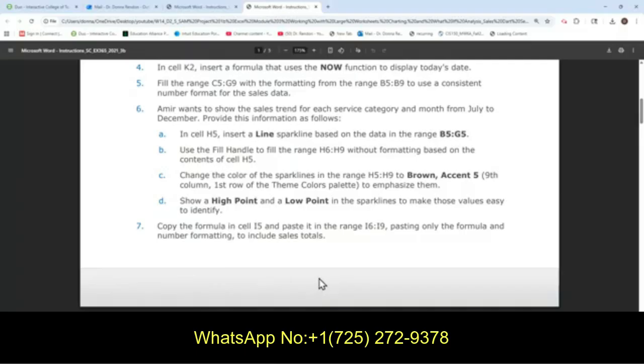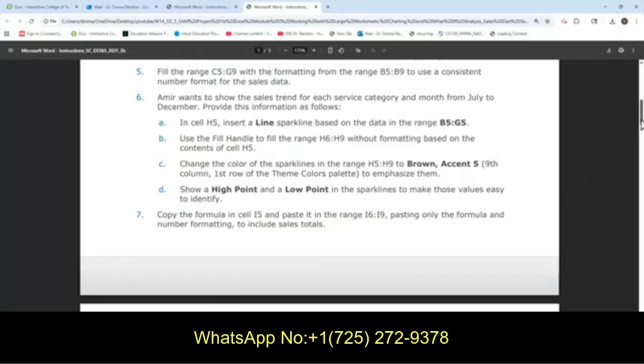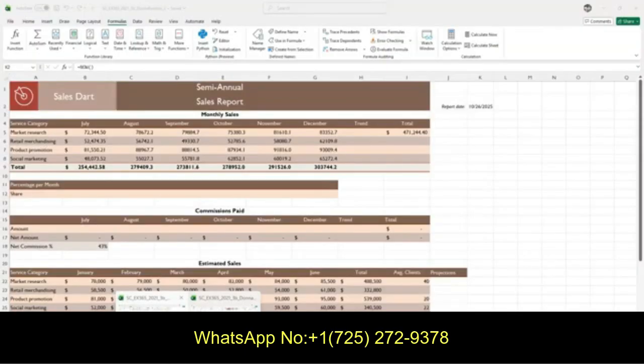Back to the instruction. Now moving down to step 5: fill the range C5 to G9 with the formatting from the range B5 to B9 to use a consistent number format for the sales data. Back to the start file.